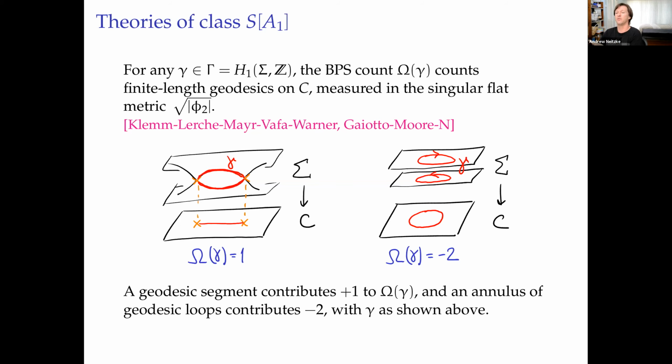And then on the other side, when we have the annulus of closed trajectories, that contributes, oddly enough, omega of gamma equals -2. It corresponds to a particle which is a vector multiplet instead of a hypermultiplet. Omega of gamma equals -2 for the gamma that I drew on the right there. So that's the definition of these numbers in this particular case. Okay, so now I've told you all of our data, I think.